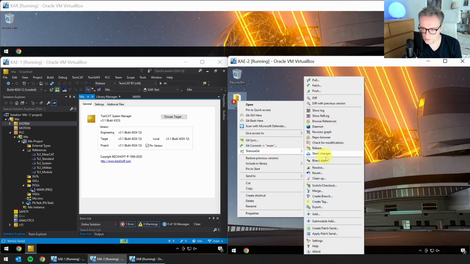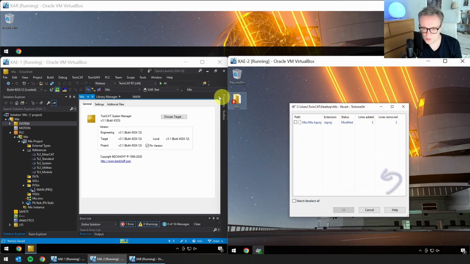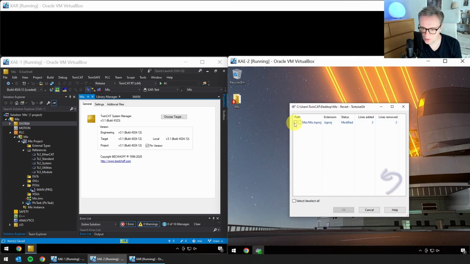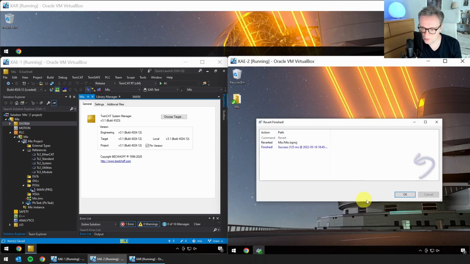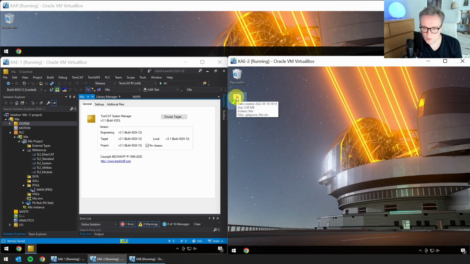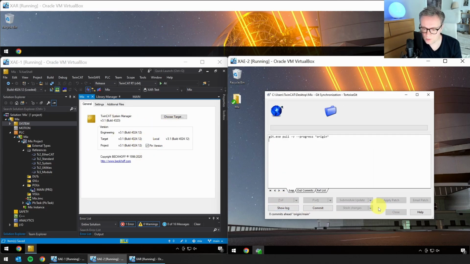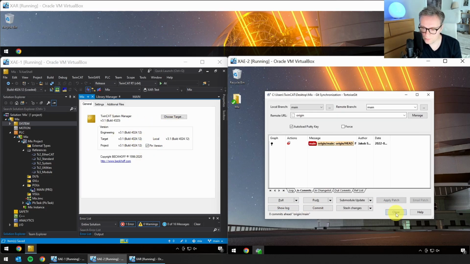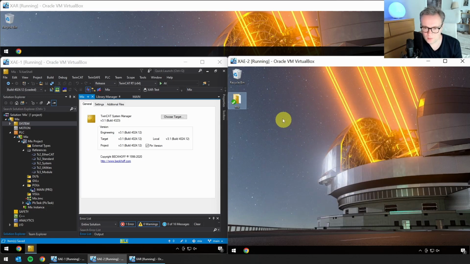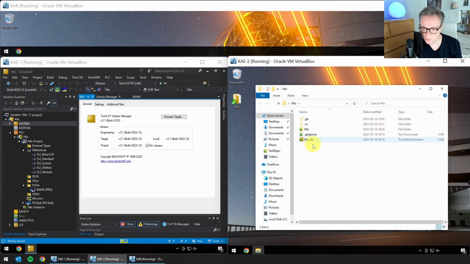I'm just going to do a revert here because TwinCAT has decided to make some changes to this. So I'll just revert all the local changes. And now I will synchronize it. So I will get the latest changes from the repository, so the stuff that we just pushed on this machine. So let's just pull it over. And now if I open this project,